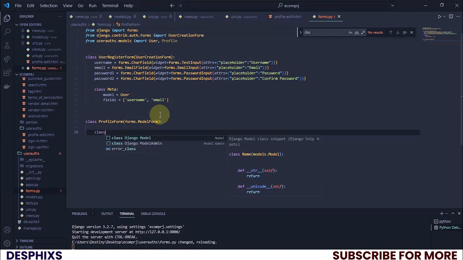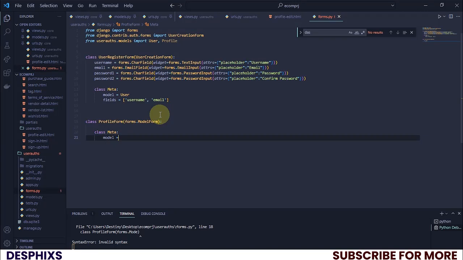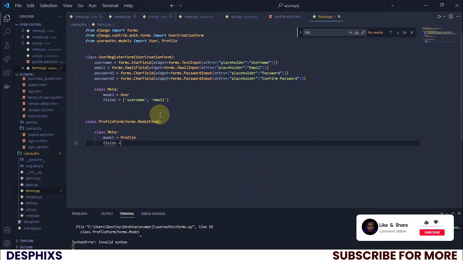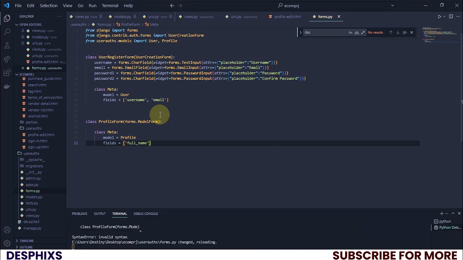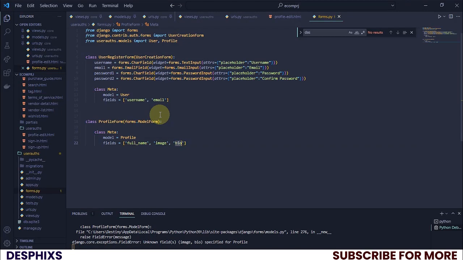And down here I'm going to say class Meta, and we want to define the model that we want to interact with. That's the Profile model. And what fields do we want? We want the full_name, we want the image field, we want the bio, but this shouldn't be here, this should be out here. We want the bio, and we also want the